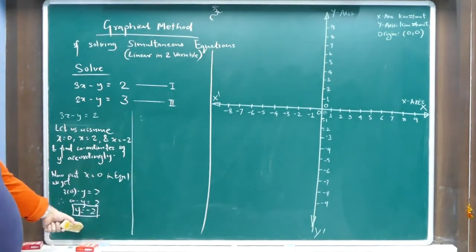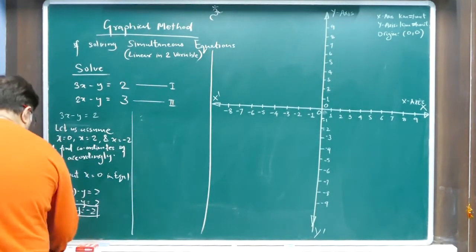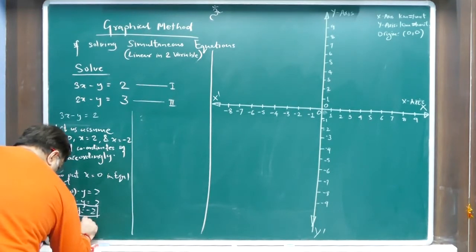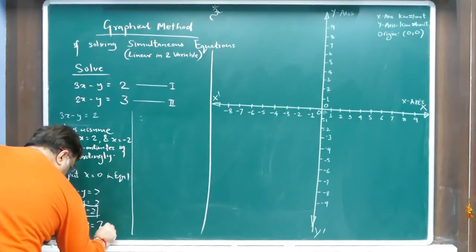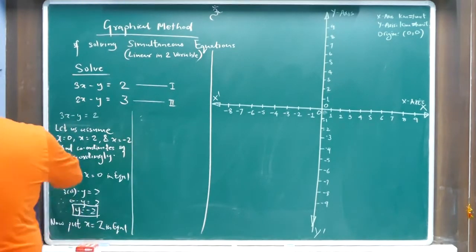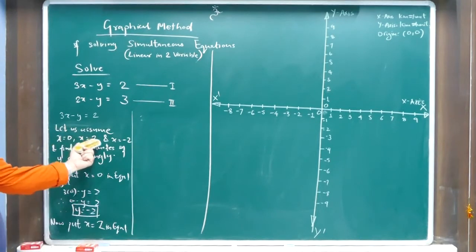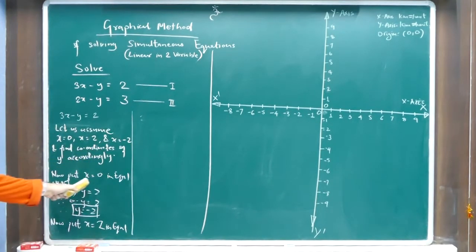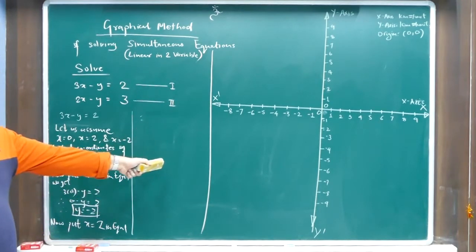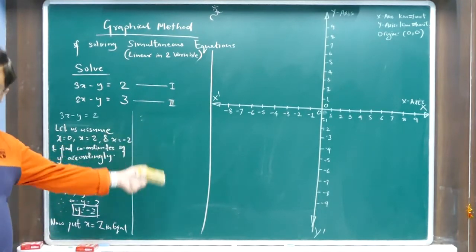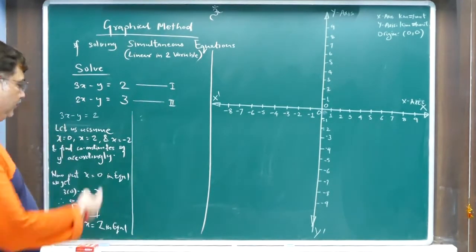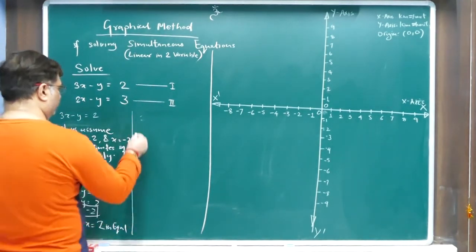Okay. Now we have got one value. Now let's get the other value. Now put x equal to 2 in equation 1. See, you had said now we will consider x equal to 0, then 2, then minus 2. So x equal to 0 gave you this answer. Now x equal to 2 will give you one more answer. Then x equal to minus 2 will give you the third answer. And then your coordinate table is complete. Alright? Let's see.